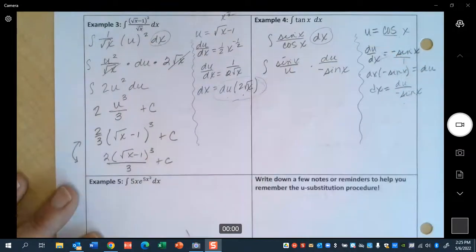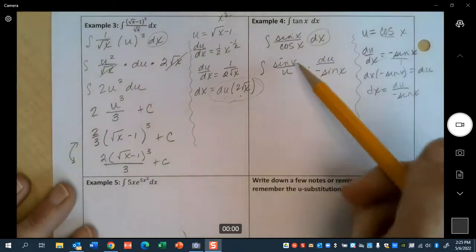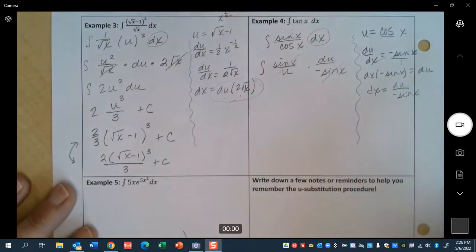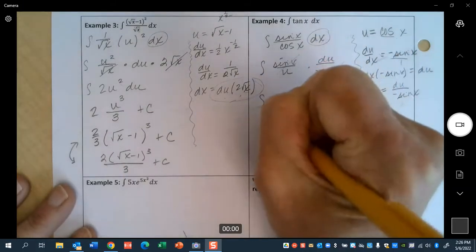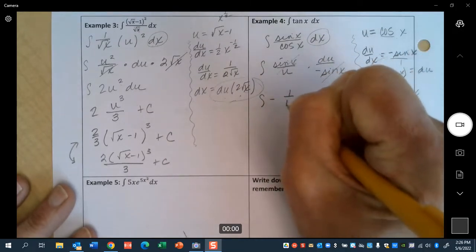Am I able to cancel out what's in my way that I don't know what to do with? Watch. So I wind up with the integral of the opposite of 1 over u